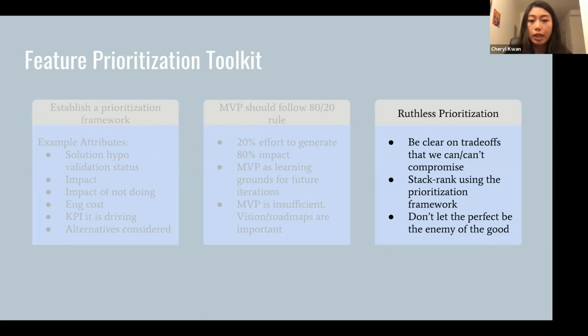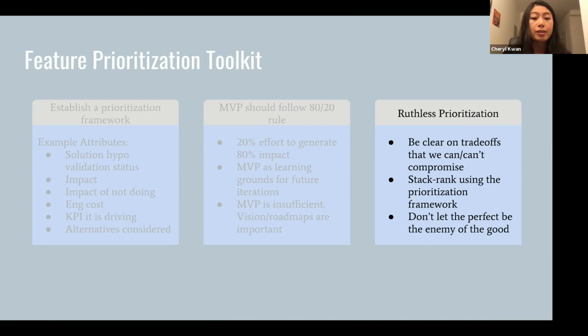And one way of making sure that there's a discipline of defining what's MVP and what is the next iteration is being clear on what trade-offs you can and cannot compromise. So this means once you understand the problem you're trying to solve and the solution that you have landed on, it's important to know what are you sacrificing, what are you not. So for example,